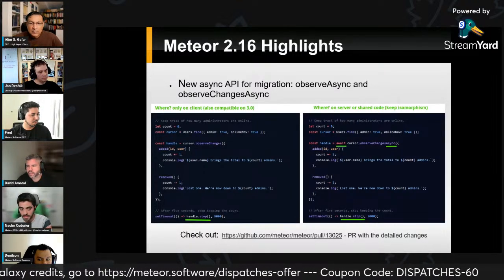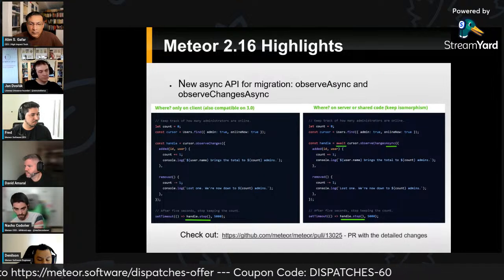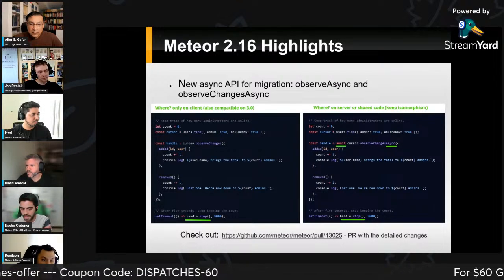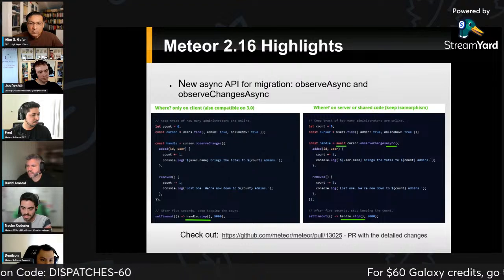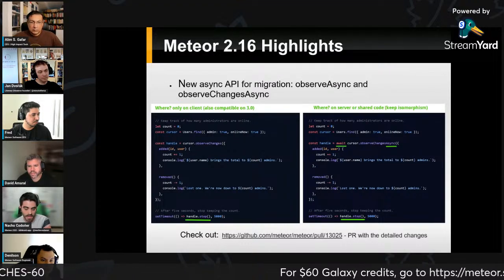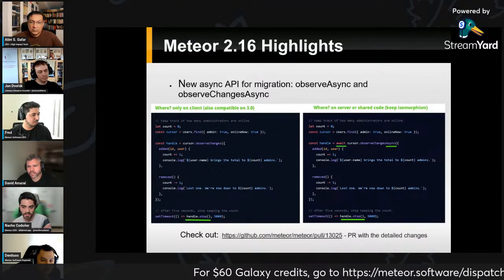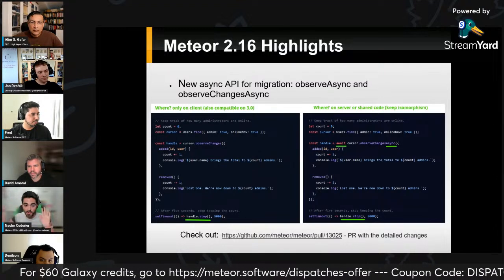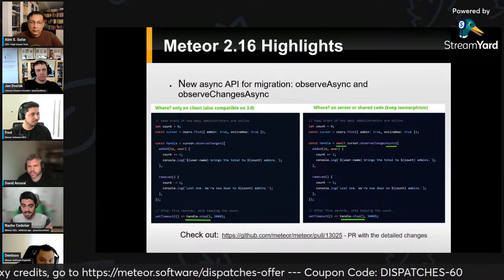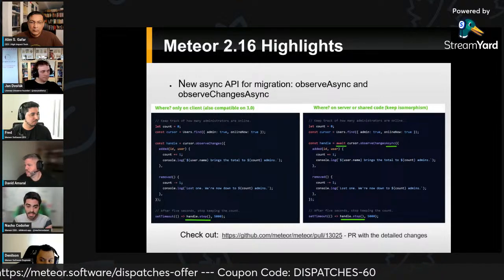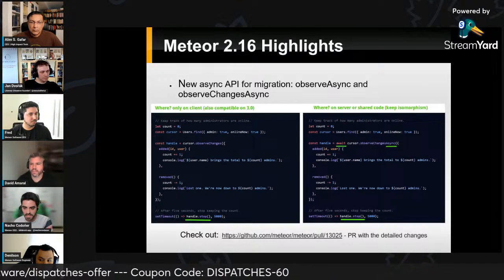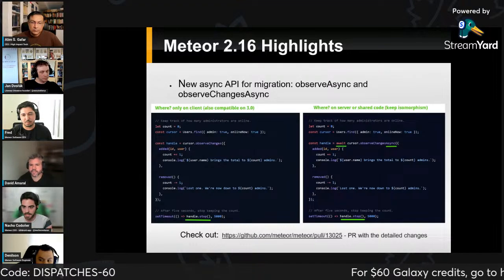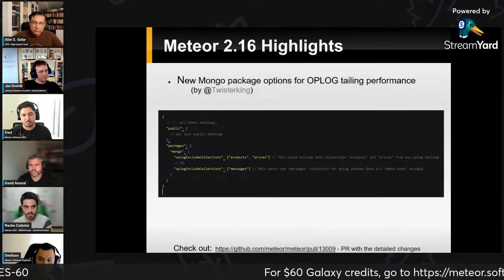In Meteor 3, if you use observeChanges or observe on the server, you are going to get a promise instead of a query handler as usual in Meteor 2. So you need to perform this kind of modification there. And I recommend doing it on both sides, client and server, using async to benefit from the isomorphism that we provide in Meteor. But if it is not like that, on the client, the synchronous version is still working.